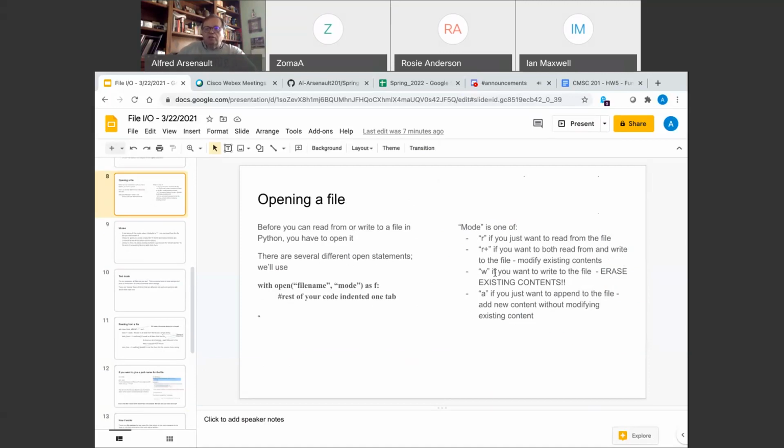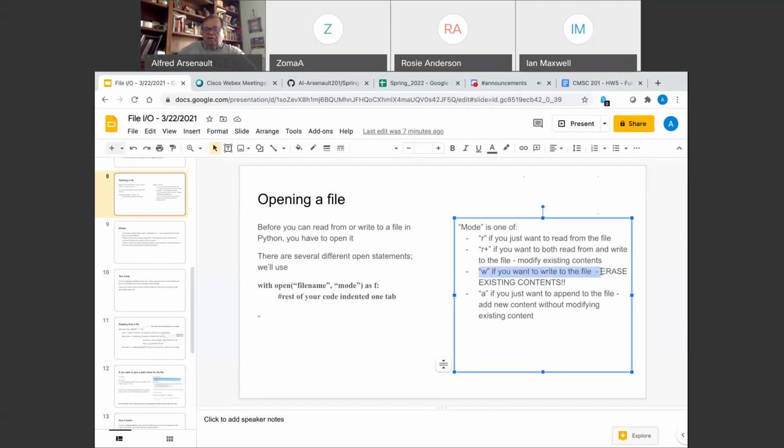You use a W when you want to write to the file. And the first thing that happens is when that file is opened,